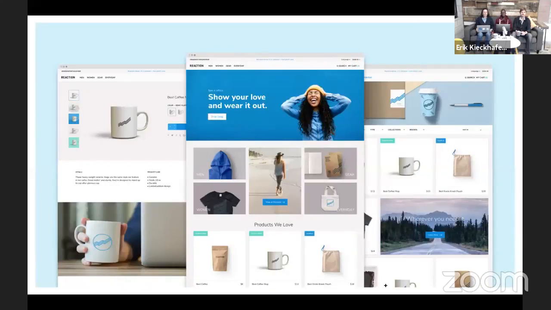So just a quick overview of Reaction. We are a completely open source e-commerce platform. We support functionality for both shops and marketplaces. So all the core functionality, or we like to say table stakes functionality you would need to build a shop or marketplace.